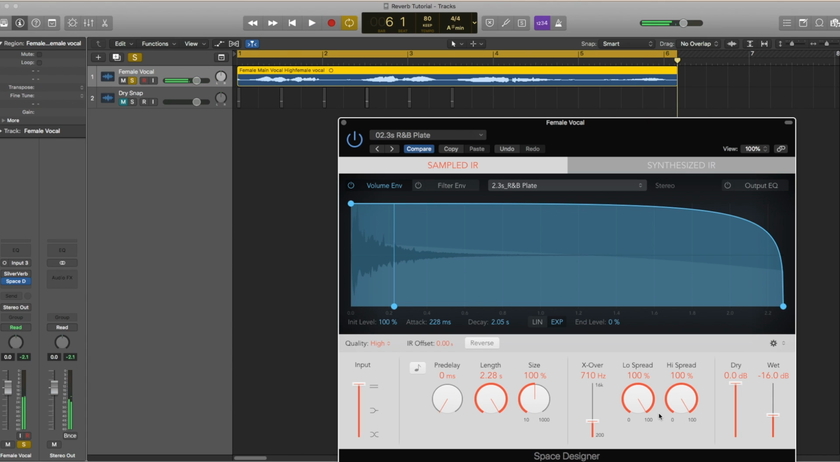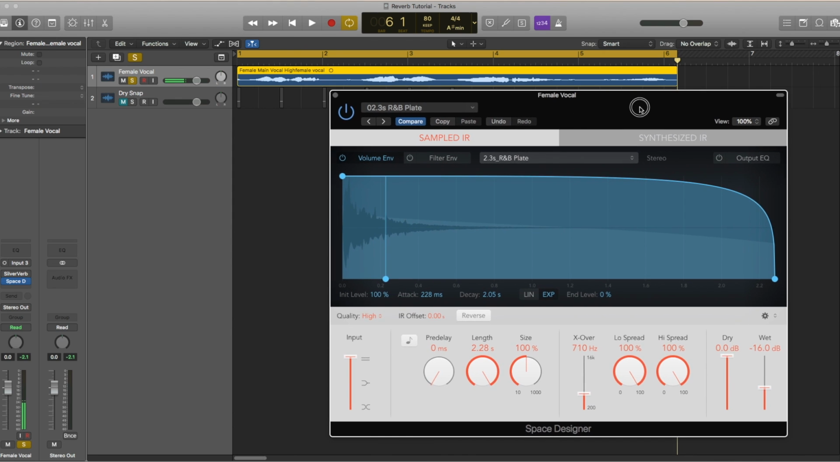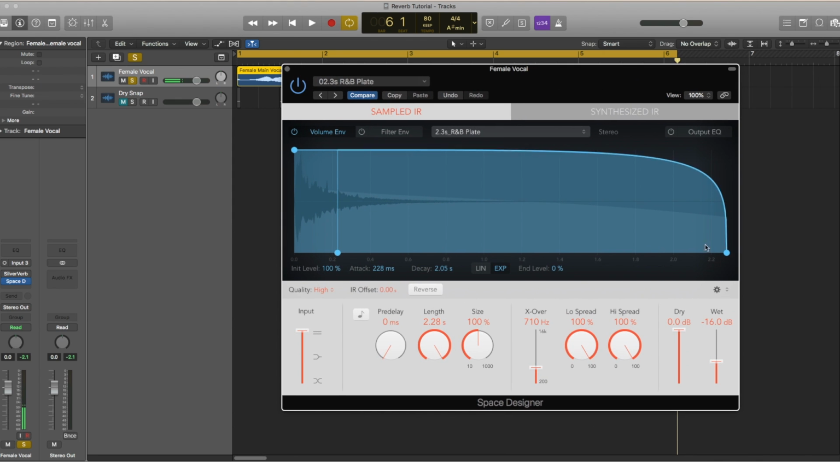You can adjust various things like pre-delay, length, size, crossover, and low speed. You can play with these to have different effects on your vocal, or whatever you are putting the reverb on. And let's see the difference between Space Designer R&B plate